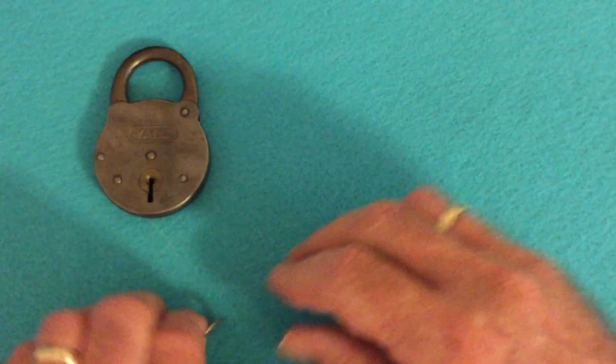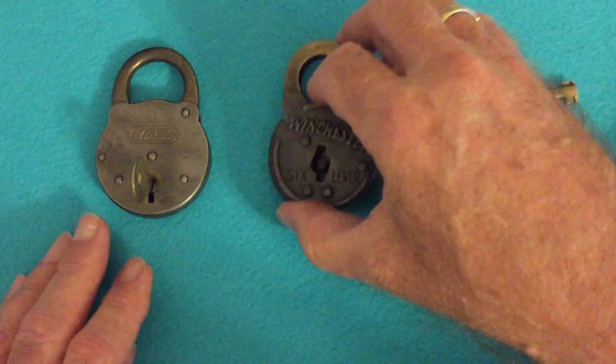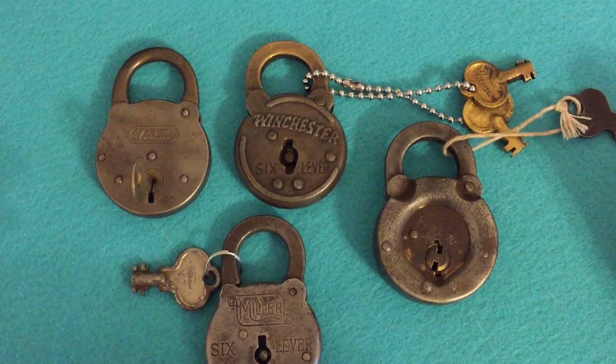But I just want to show you what I've been doing, and the first thing I'm going to do is just show you different lever locks I have, and we'll start with these simple lever locks. Now these